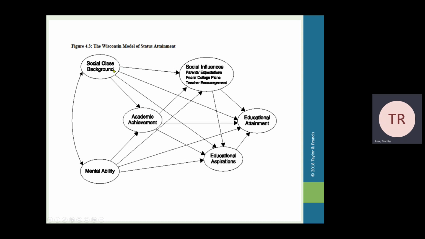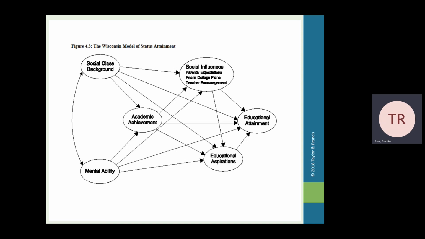This model also proposes that there's a direct effect between social class background and educational attainment. Makes sense, right? Again, the higher your social class, if you're in the upper class or the middle class, you're more likely to have higher educational attainment. You're more likely to go to college or get a graduate degree than if you're from the working class or the working poor class. That's another direct effect.